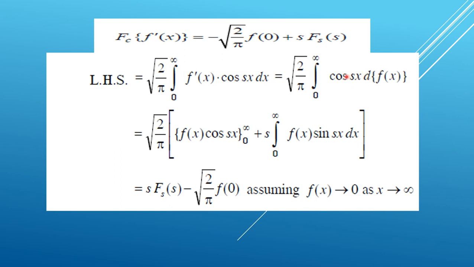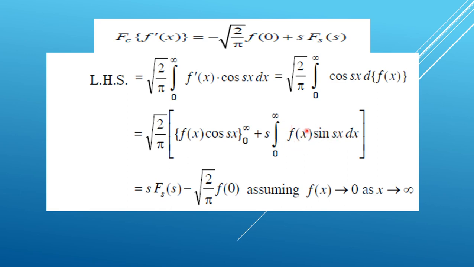Now integrate it by parts: that's equal to root over 2 by pi into [f(x) cos sx] from 0 to infinity plus s into integral of f(x) sin sx dx. Here the derivative of cos sx is minus s, and here is minus, then minus minus is plus, so ultimately plus s into the integral from 0 to infinity of f(x) sin sx dx,